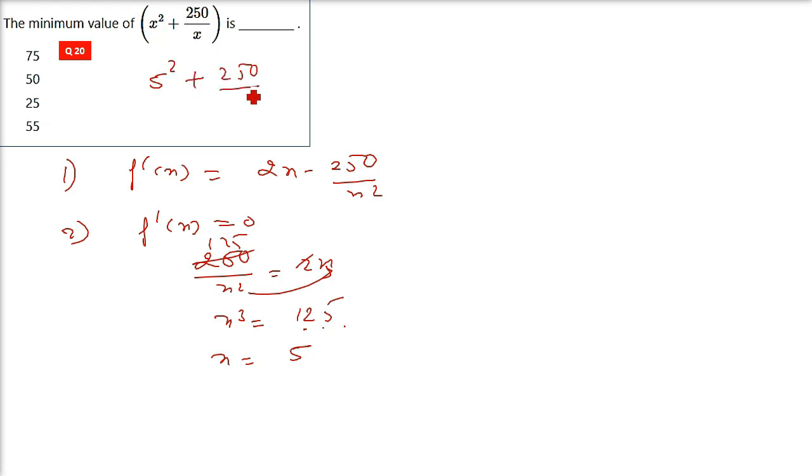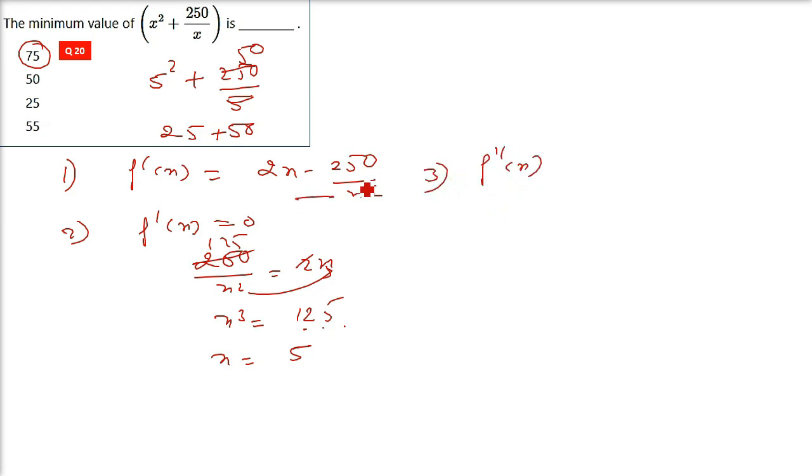That is, I am replacing x by 5 in this original equation, and this is 25 plus 50, which is 75. 75 is your final answer. Now this 75 you can just tick and go ahead. But if you assume that this question is not the MCQ question, it has come in your actual 2 or 4 marks of